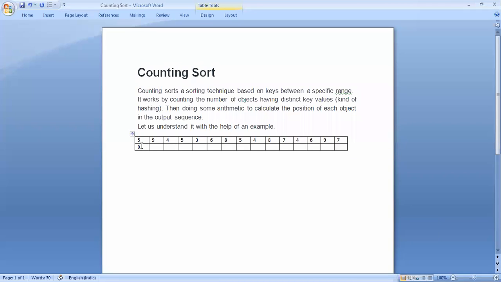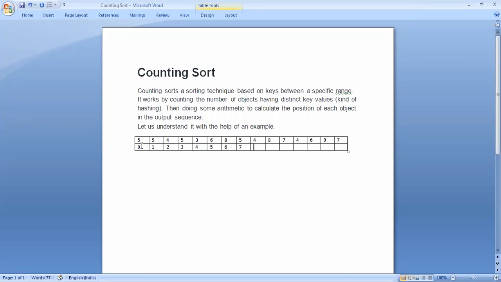So the index values are 0, 1, 2, 3. There are 15 elements. Please mute yourself.